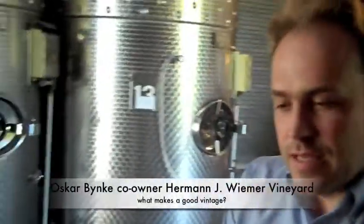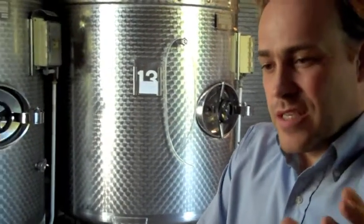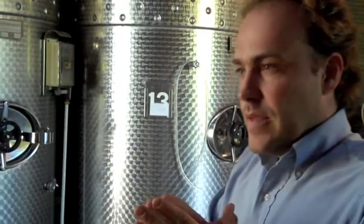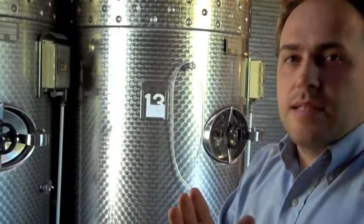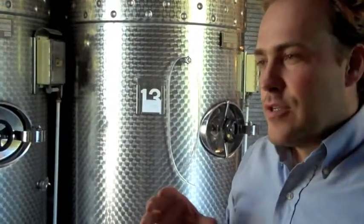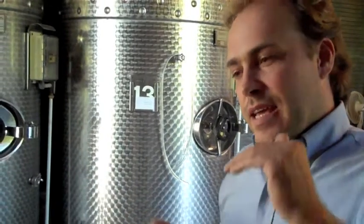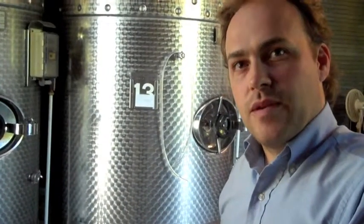So we're talking about the 2 vintages. You said 07 and 08, and you mentioned 07. In many people's minds, 07, since it was warmer, was a good vintage or a better vintage. But we actually thought 08 is a better vintage because it was more balanced. What happened was we had a little cooler weather and timely rains. So the vines kept active a little longer in September, October, and the acidity did drop in the grapes, while